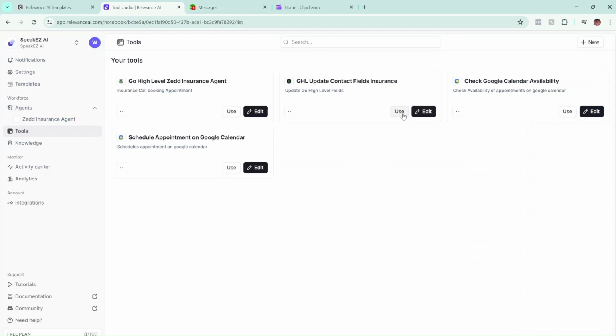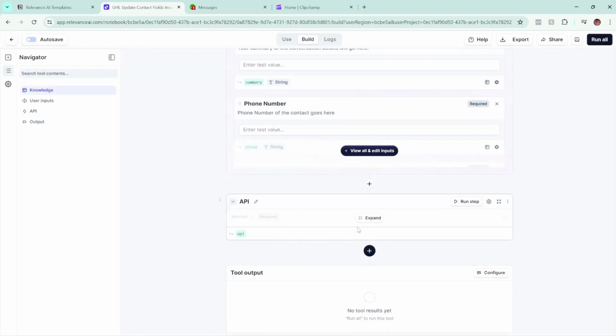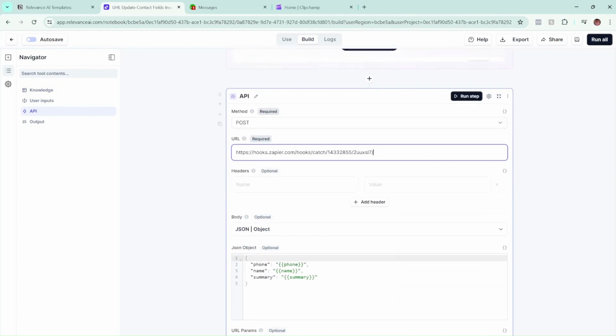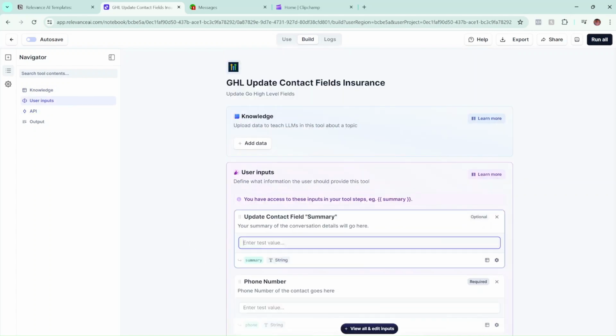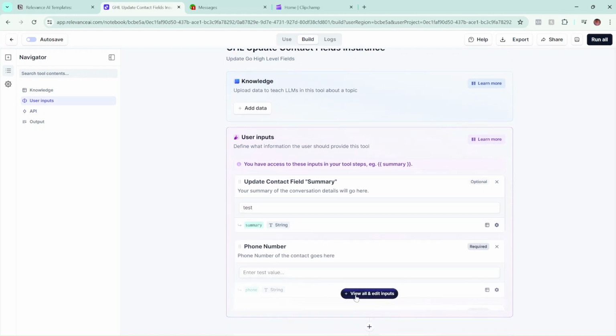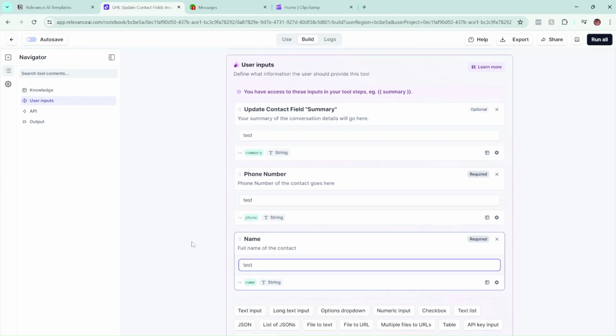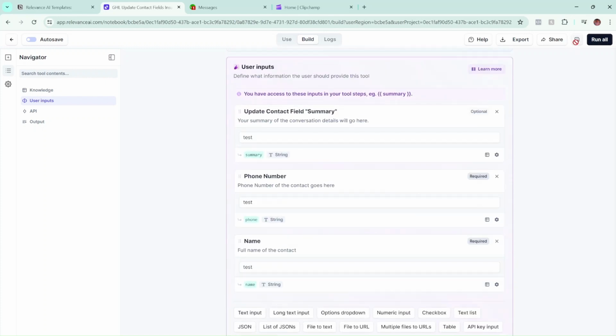All you're going to have to do is go to each of your tools, and whenever you paste the webhook in, in this case you just put test. We're just sending test values to make sure everything's working. When you actually run your agent, these values will be whatever they need to be. So if we hit run all,